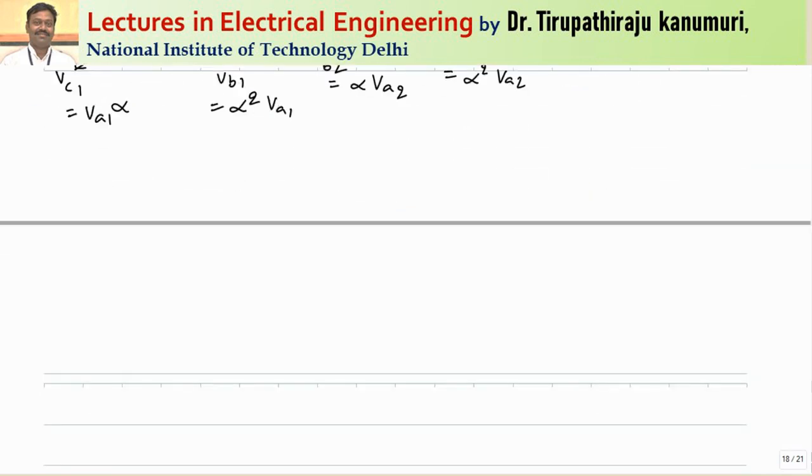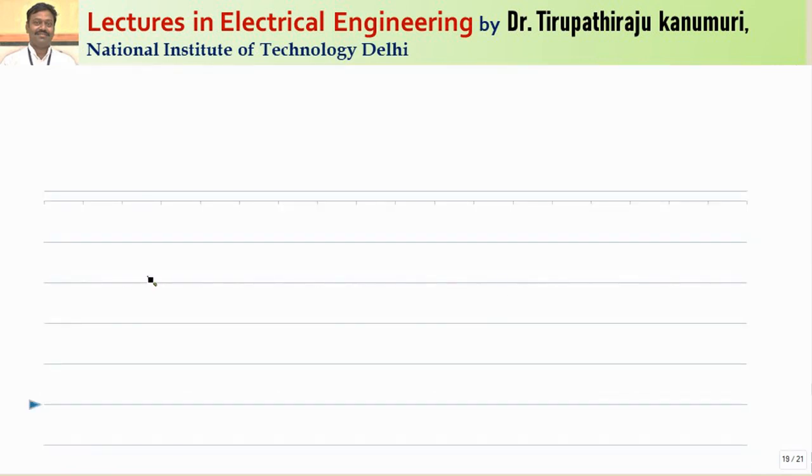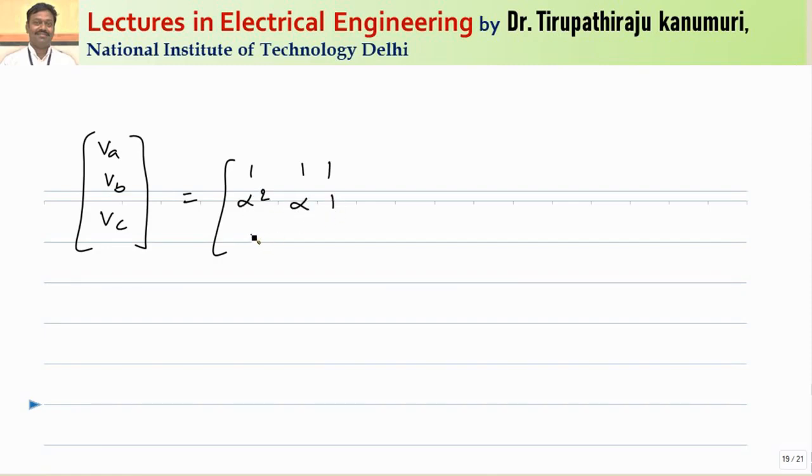So I am making a summary of these things here. The summary I can write in this form: the values of VA, VB and VC equal to the matrix 1 1 1, alpha square alpha 1, and alpha alpha square 1, times